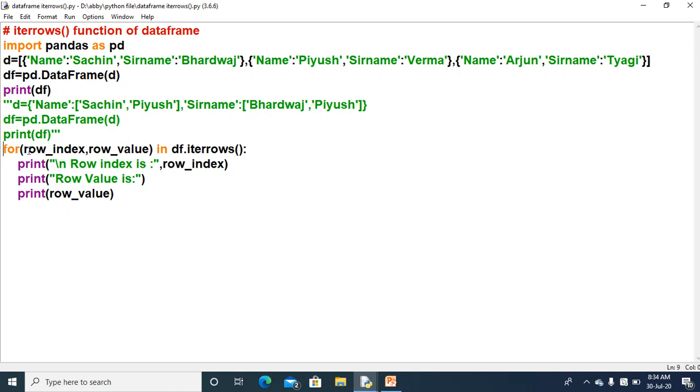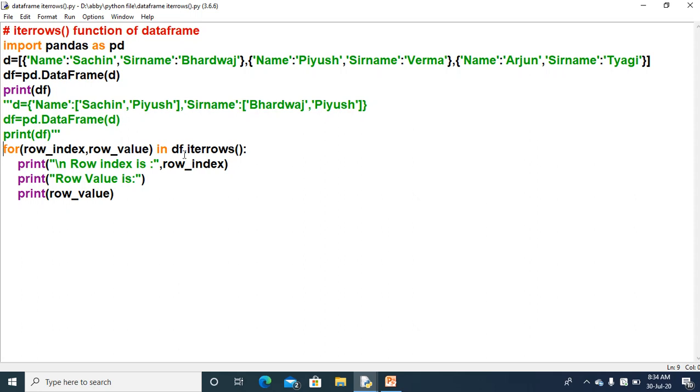I have used a for loop. In the slide I told you that first of all you will write the row index, then the comma, and then the row value. This is the name of the variable, row index comma row value, and from where this will be accessed, using the in operator, and then the data frame name, which is df.